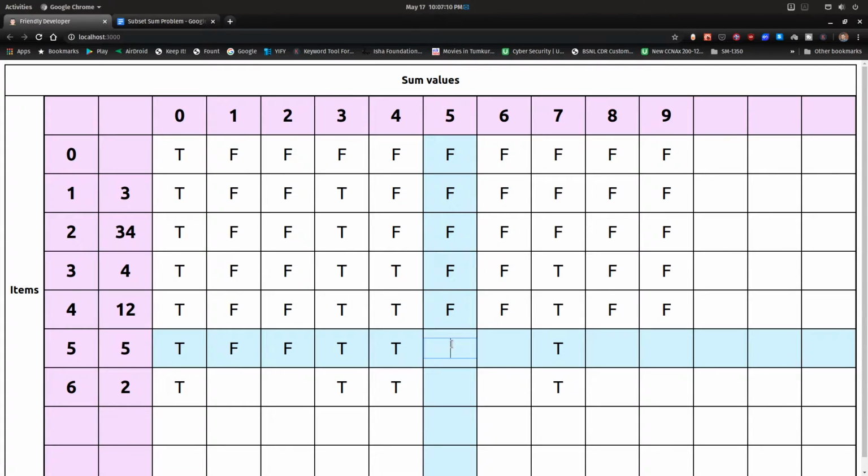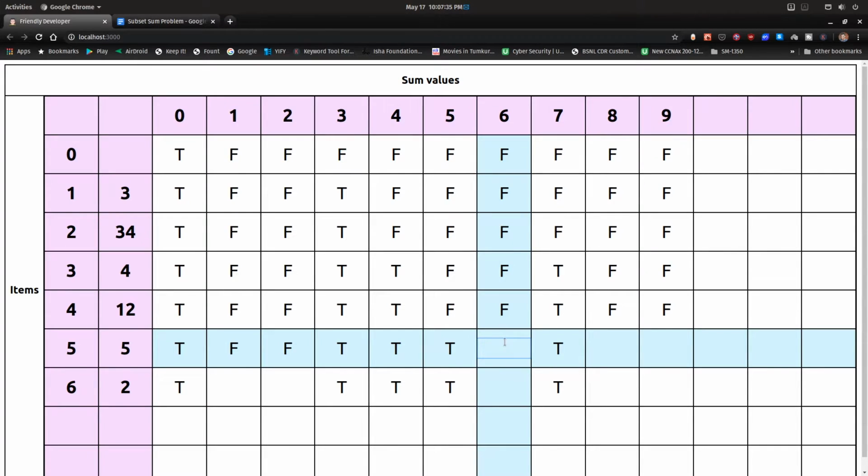Now coming to this row, by excluding 5 out of remaining elements, we could not find a subset, so it was false. By including 5, 5 minus 5 is 0, we go to the 0th column and see out of remaining elements, was there a subset that sums up to 0? Yes, there was. So we write true, and safely we can copy true for all the other elements.